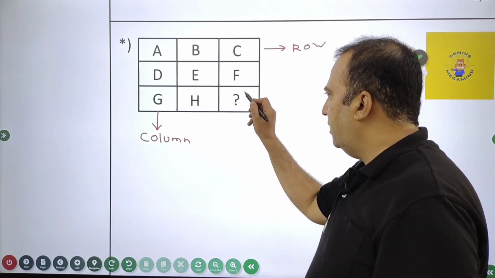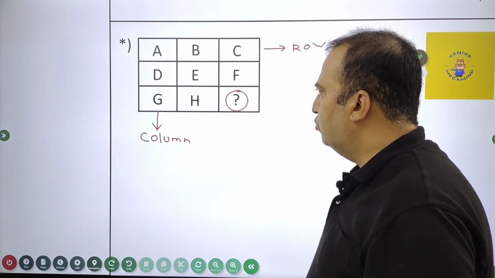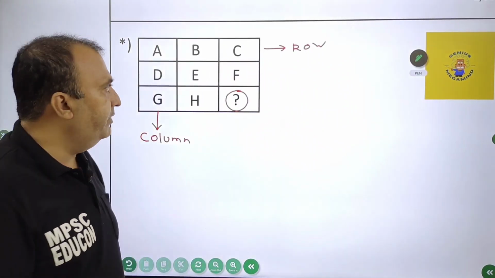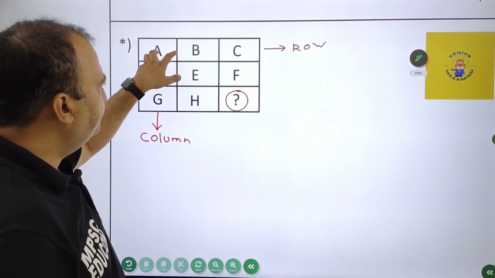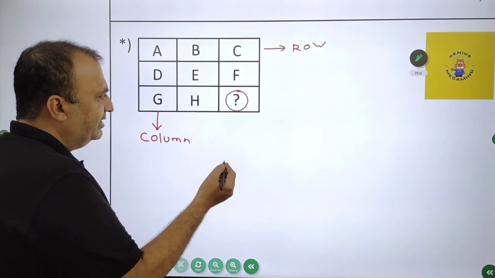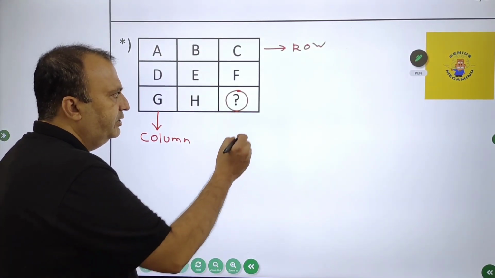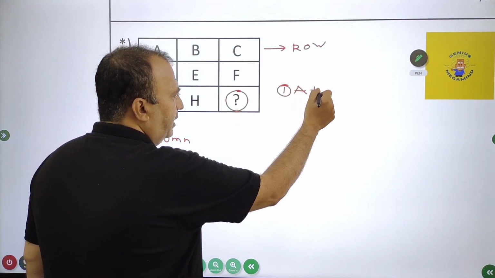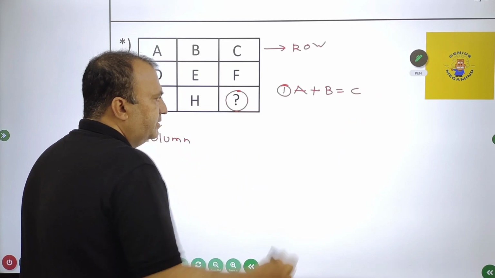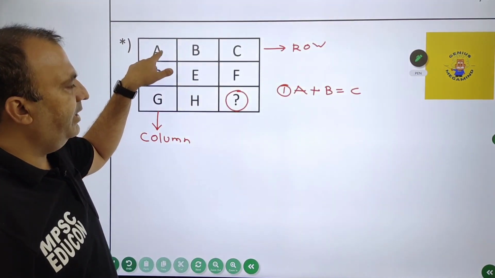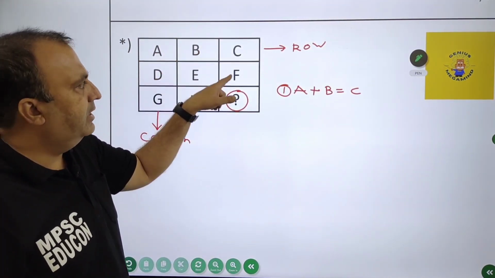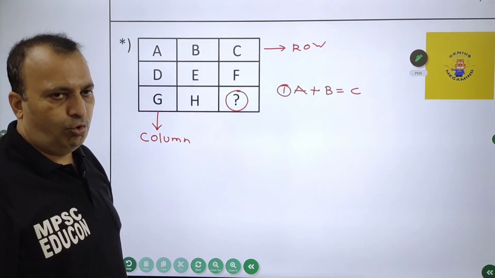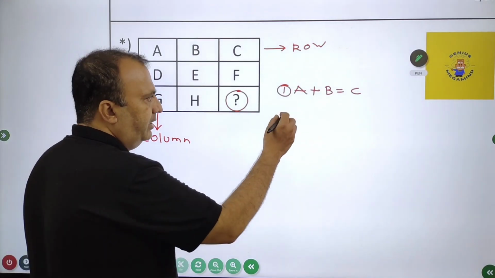Since the question mark is placed over here, I am going to utilize the numbers or letters which are coming down in the first two columns as such. So at times, what are the different logics which we can go for? So many a times it can be A plus B is equal to C, which means that the number at the place of A and the number at the place of B, their addition will come out over here. So same rule will apply in this particular row also.